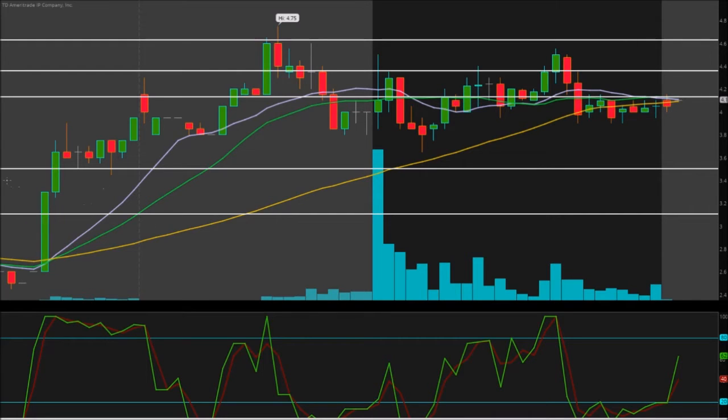So you can see we have 4 white lines on the chart, actually 5. 1, 2, 3, 4, 5 white lines on the chart horizontally. Those are going to be our pivot points, areas of support or resistance or vice versa. So let's just kind of label those first. So the first one we're looking at is